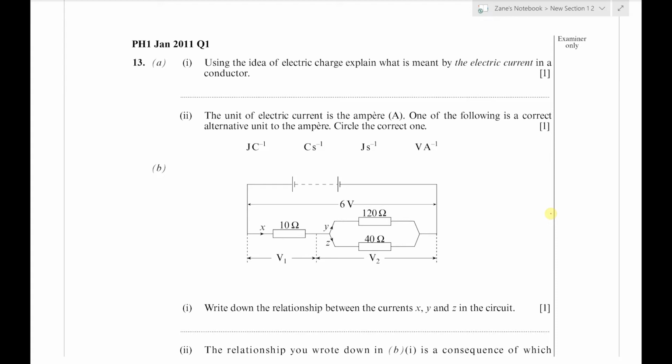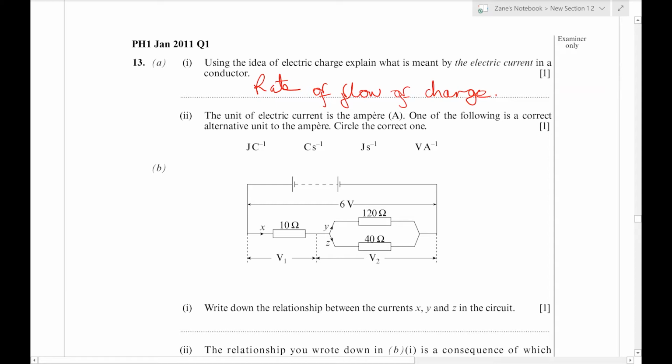First part of the question asks us to explain what's meant by the electric current in a conductor. So here we're simply going to say that the current is the rate of flow of charge. Not quite enough to say it's a flow of charge, as you might have done at GCSE. That basically means it's the total amount of charge that passes a point per second,